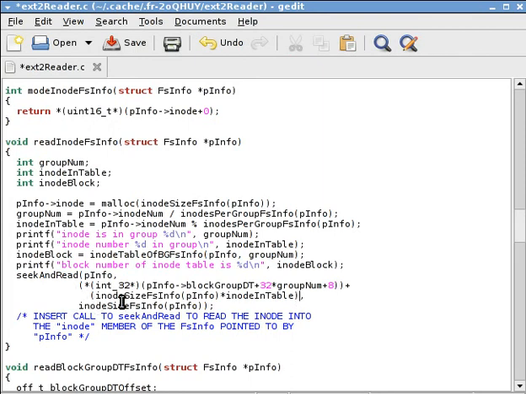So that's why we have the last item here. The last item here is basically calculating based on the index of inode in table, which is the index of our inode in that particular block group, and we have to multiply that by the size of each inode so that we can index